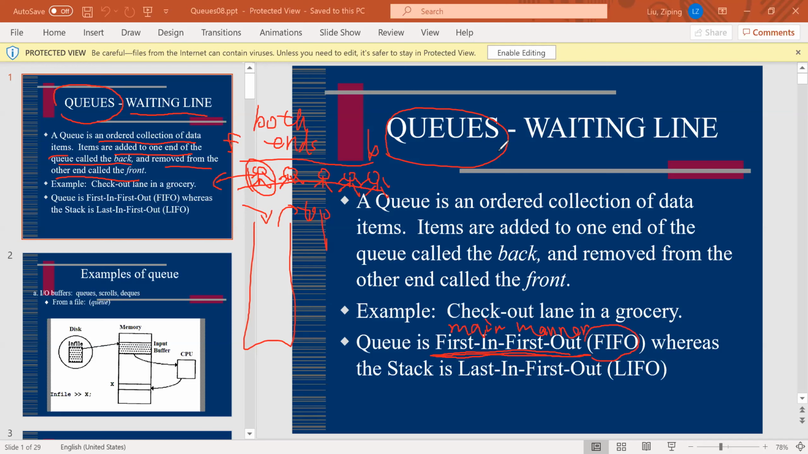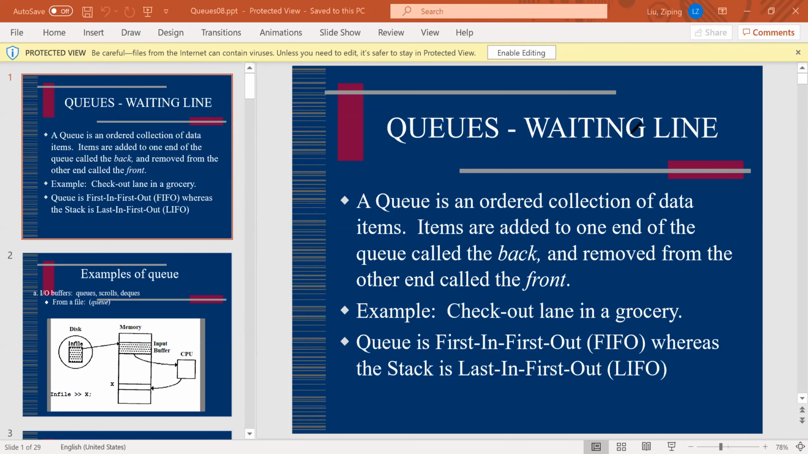Annotation, I need to clear this and stop annotation, okay. And then next, let's see, I cannot,